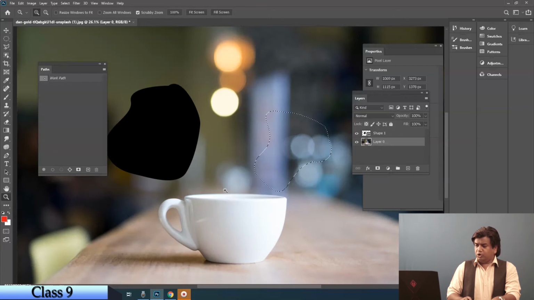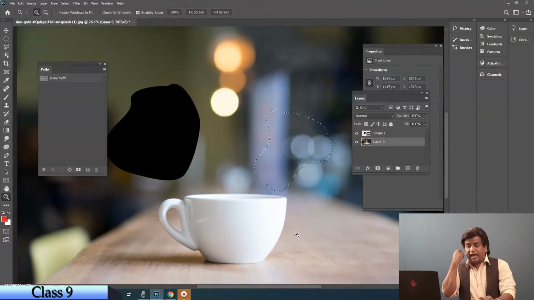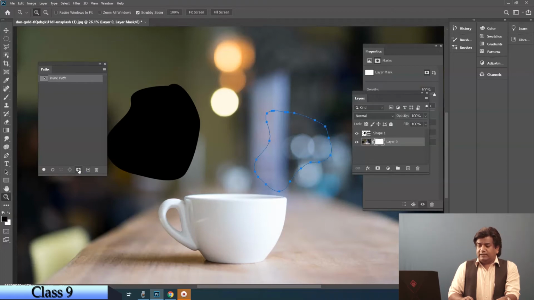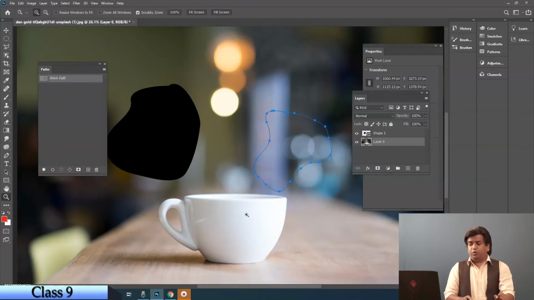Okay, so this is the path. If at all it happens, you are having a selection and you want to convert that selection into path, the other way around, then this is the fourth option. Okay, it says make work path from the selection. So click and you get that work path. You can also convert that into a mask, so you get the mask option, and then you have add new work path layer and delete. Okay, so this is how you will be working with the path tool. We have seen all the options how to work with the path and the symbol.